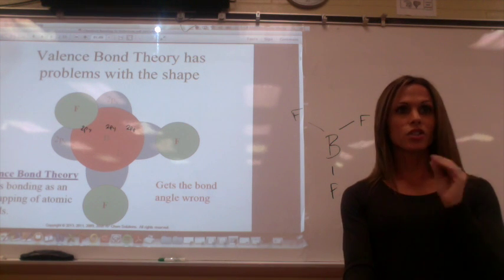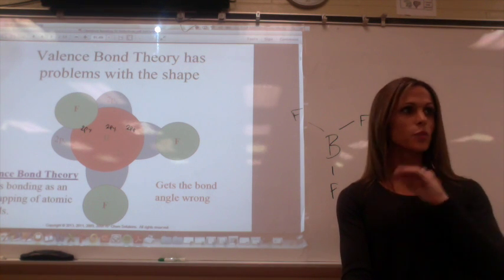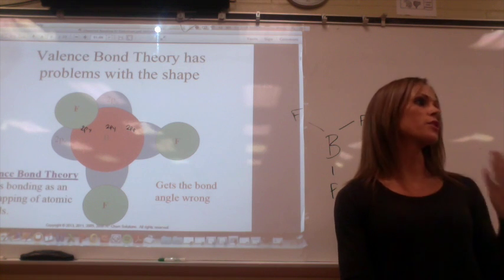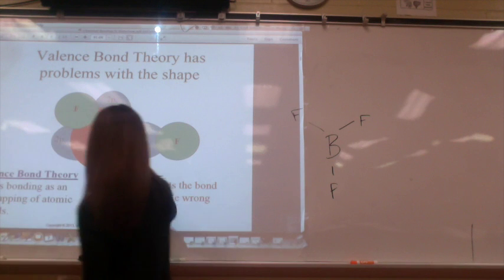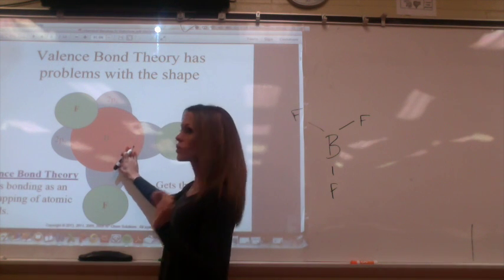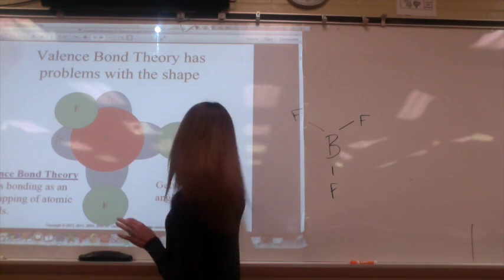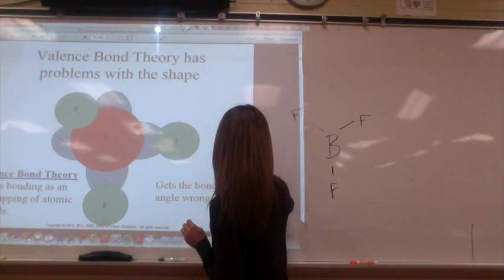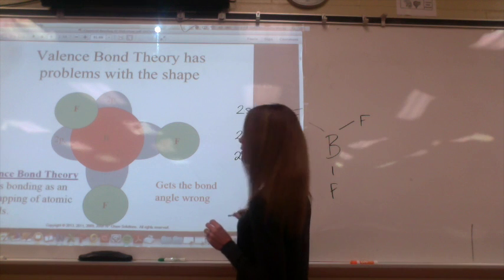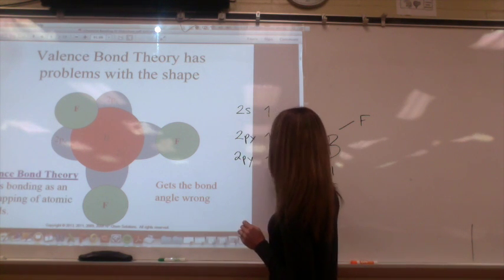If we did just overlap s and p's, this is what it would look like, and this is why I'm going to show you how it's wrong. So boron's atom is right here, and it has a 2s. If you look back at the other slide, we're bonding one of the 2 s's. We're going to bond a 2px, and we're going to bond a 2py. Remember, there's 1 electron in each of these, and then each fluorine is going to come in and bond here,